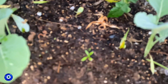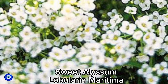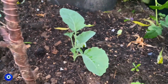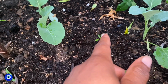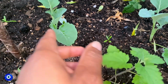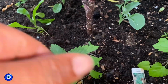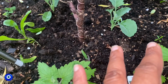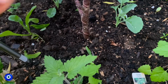I planted in between the cabbages some allium. There's some tiny white flowers when they blossom. They're so pretty and they're clustered together. But this will help to prevent cabbage beetles or cabbage bugs from attacking my cabbage. So I plant one here and one over the other side, and I plant another few into the raised bed that I made. So this will help to deter certain pests from my garden, but it's also good herbs for me,